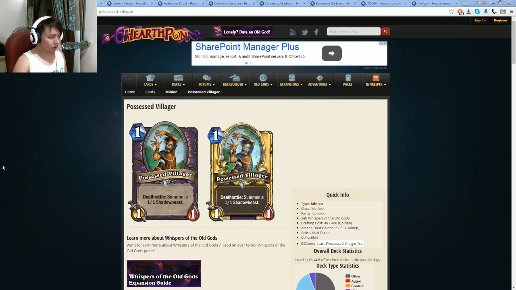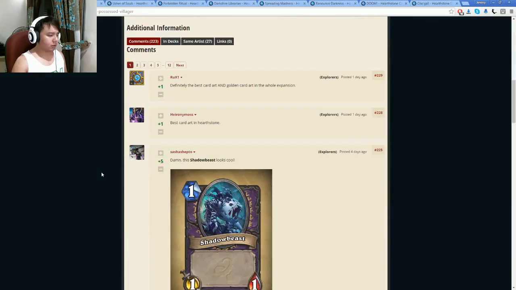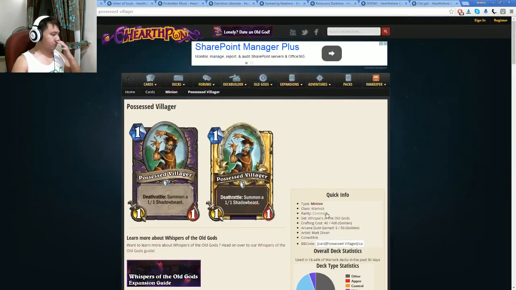Next up is the Warlock class. First up is the 1 mana 1-1 Possessed Villager that will summon a 1-1 Shadow Beast. This is what the Shadow Beast looks like, apparently. So yeah, pretty solid 1-drop. I'm not really sure if you see this in Constructed, but in Arena it's definitely a top pick